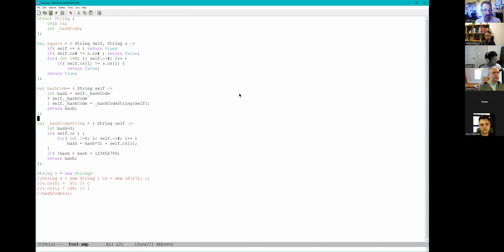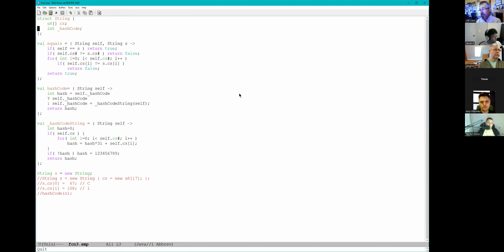By not saying anything special about the CS array, because it's an array, the assumption is it's not null, the CS field itself. So I can't make a string object without filling in the CS array. If I just do this, I've now declared a string with the CS array filled in.